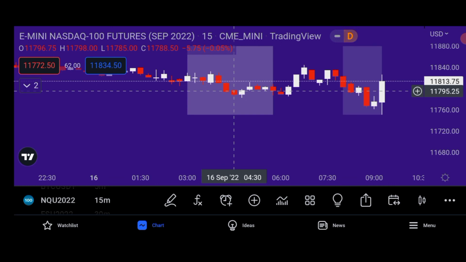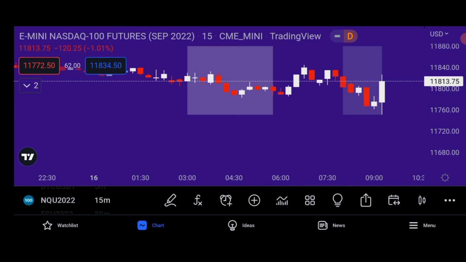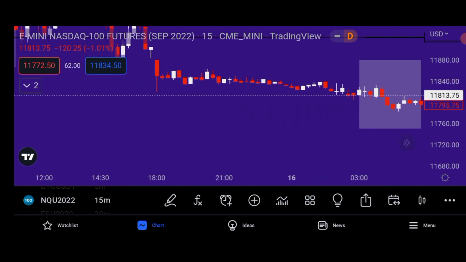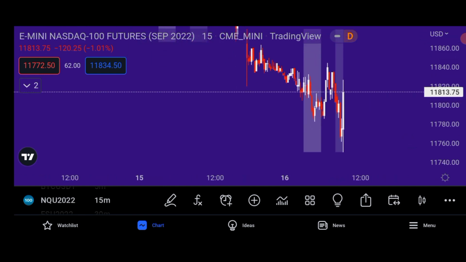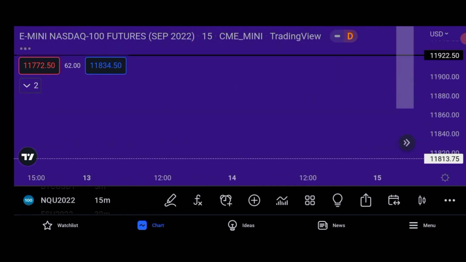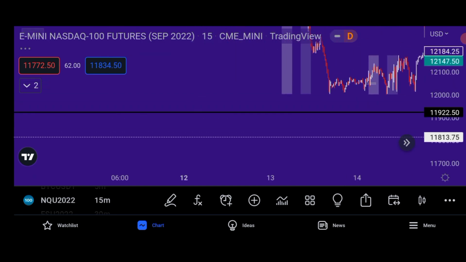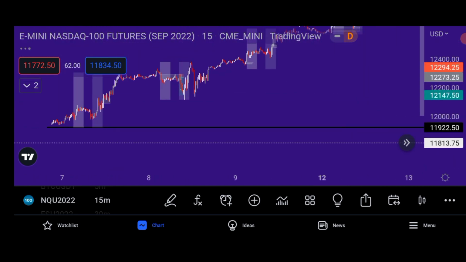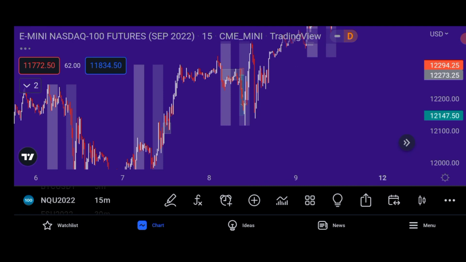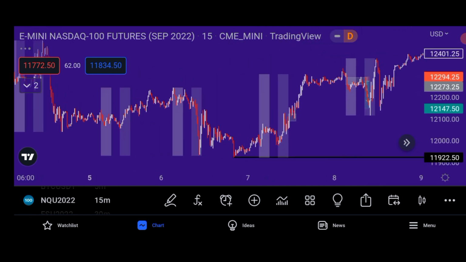If you have any issues looking for this chart on TradingView, just search futures, then look for the Nasdaq and the S&P futures that has 2022. Yeah, that's your best bet of finding it. That's how I was able to find mine. So seeing this, it's quite revealing. It shows that the system actually does work, and I believe by still making more attempts to use it, you will get more understanding.